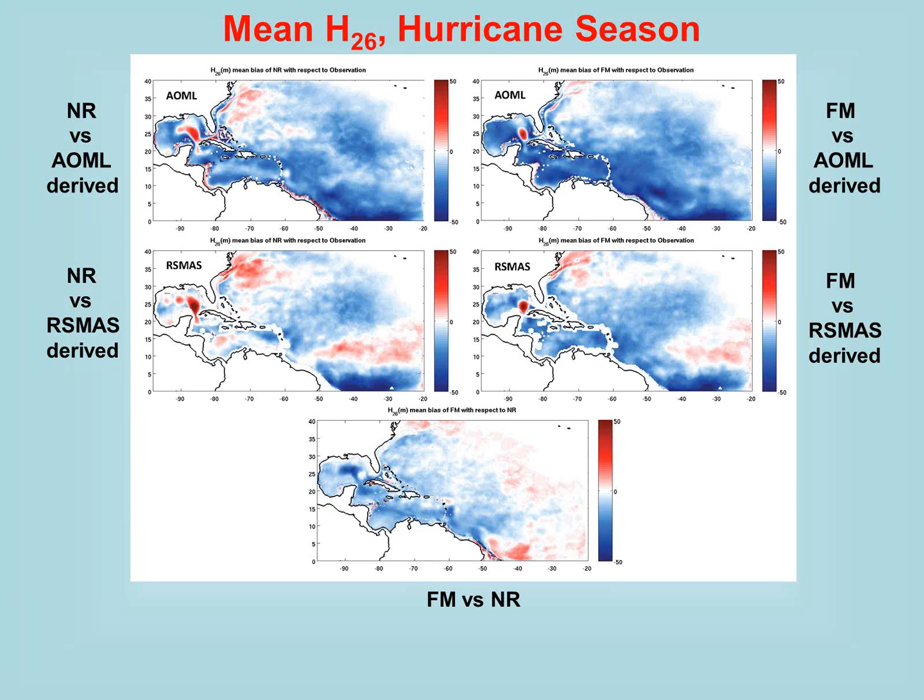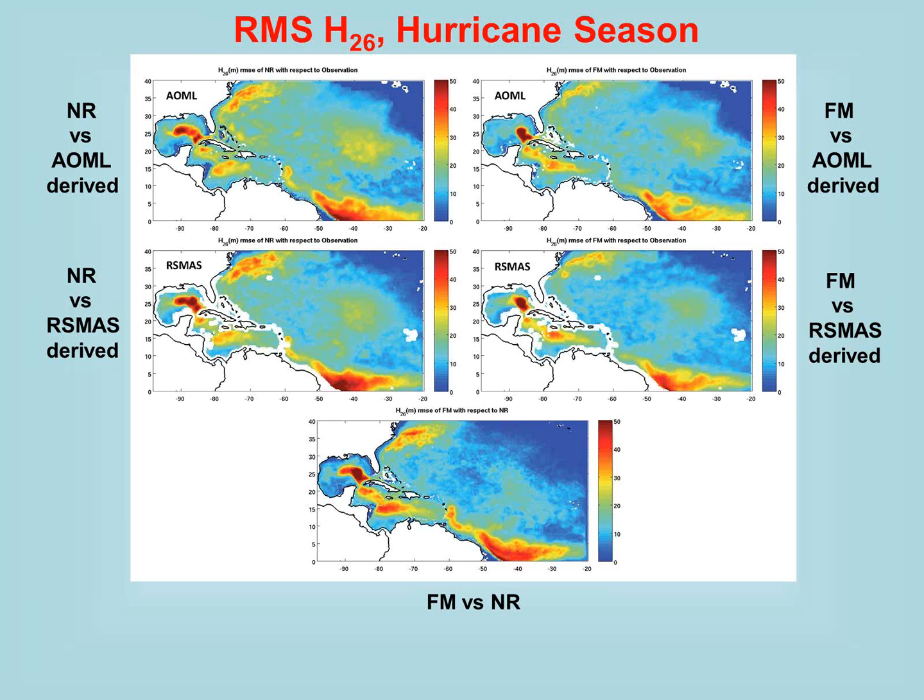Now, for the RMS variability, the comparison is actually quite good. This is RMS sampling, not the RMS differences. Oh yeah, this is the differences in the means, I should point that out. And this is the RMS differences, and the comparison is actually quite good. The difference field between the two models is quite consistent with the differences between each model and either of the products. So this is probably one of the most encouraging results in terms of the nature run of all the ones